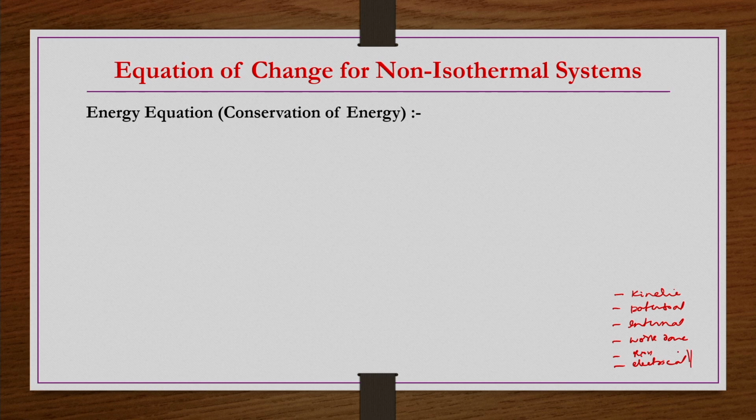So, that is what we are going to have. Then we are going to make a balance for the energy of the system, which includes most forms of energy, because, let us say, electrical energy, energy associated with a reaction, and/or energy associated with the electromagnetic potential, etc., those terms may be added to the right hand side of the equation.